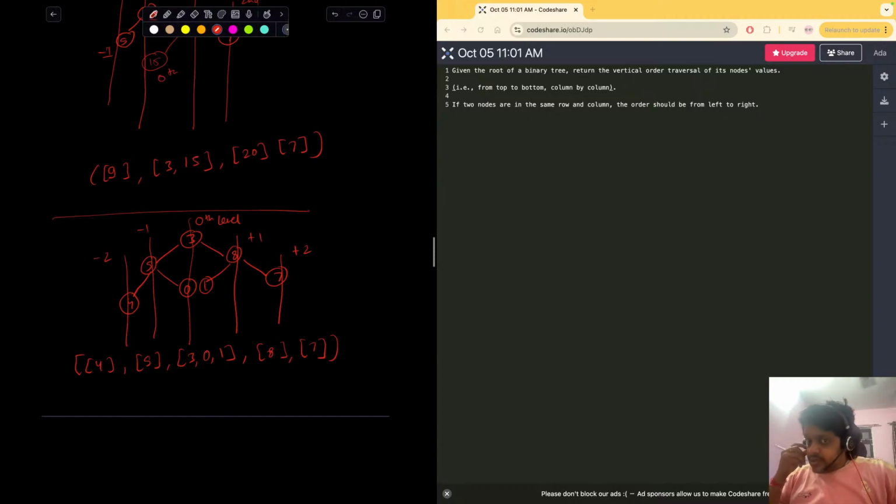Now if we see here again, as we move right side, we have plus 1, so this is very clear. As we move right side we do plus plus, and when we move left we do minus minus. So when we move from 8 to 1, again it was minus 1. But if you see the order here, 4, 9, so we see 3, 0 and 1. So even though it has a 0th level,